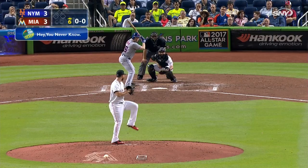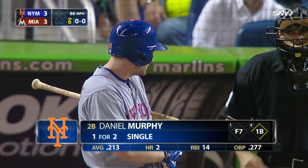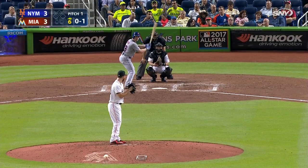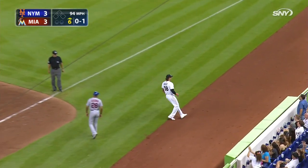Mets have had a pair of leads in this game. The Marlins have rallied twice. Murphy takes a strike on the outside. Murphy 1 for 2, single to right his last time up. Lato's leaving because of injury. 5 innings, 3 runs, 5 hits, 2 walks, 3 strikeouts. It'll be a no decision for him. Murphy grounds one just foul, and